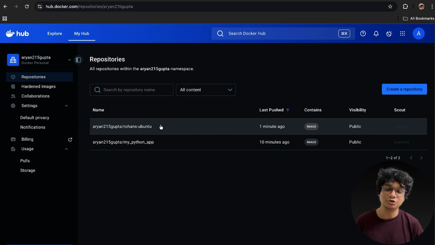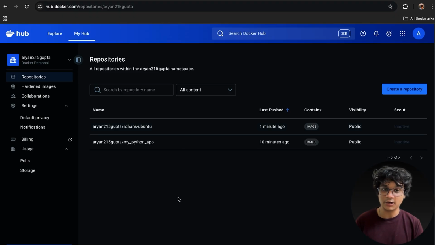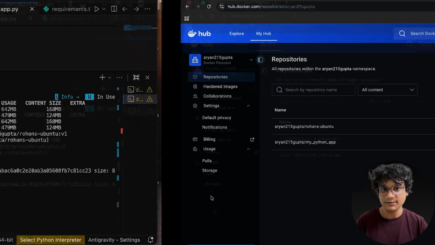But after that, you should know how to use Docker, so that you can write your Dockerfile into your project, so that finally you would be able to create the image out of it and push it into Docker Hub. Now there is nothing more to do with your GitHub, because you have already created the image of your project and pushed it into Docker Hub. Now if any other person tries to test your project, they will just get your image from the docker pull command, and they will directly run your project on their operating system